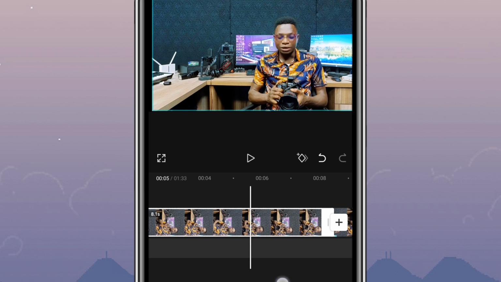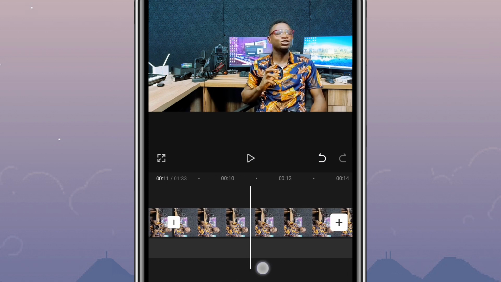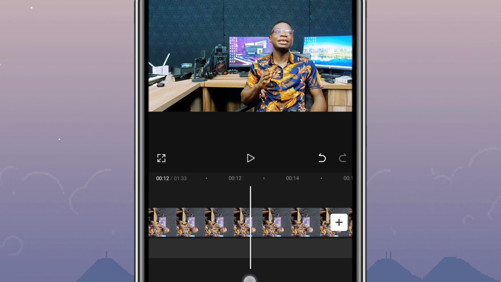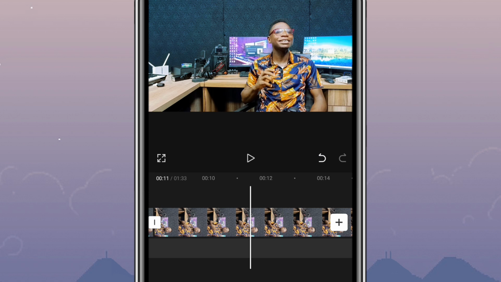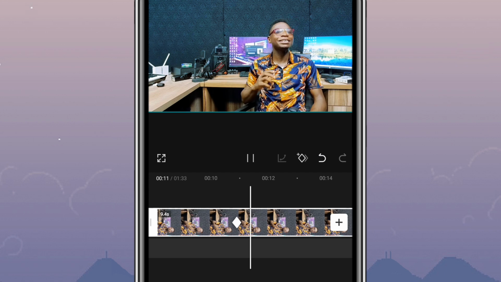Let's say the point of zoom in or out. Okay, so we want to show the zooming in now. So tap on the video, move a little backwards, and then you drop a keyframe. Tap on the keyframe symbol here. You have dropped one keyframe. Now you move to the point where you want your action to stop, like so,